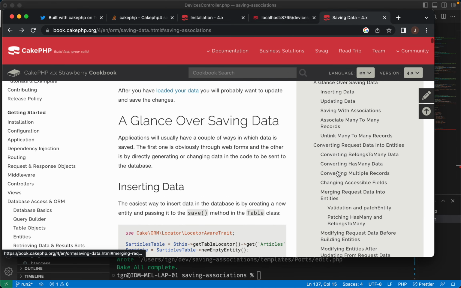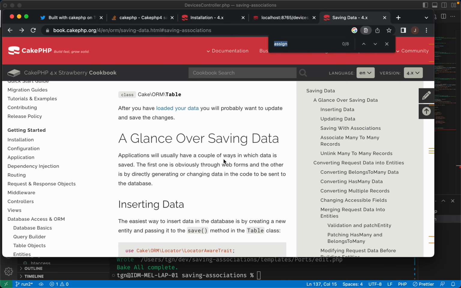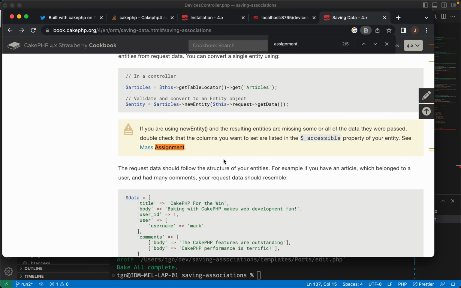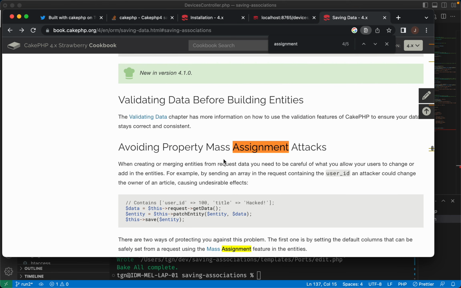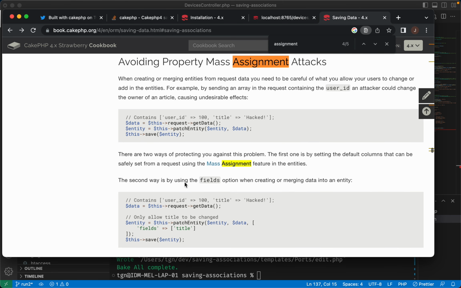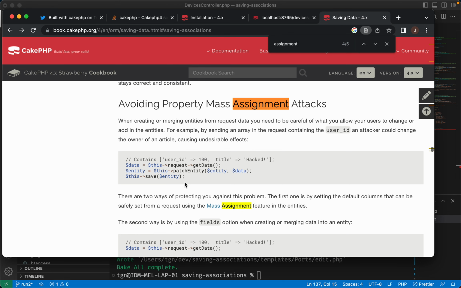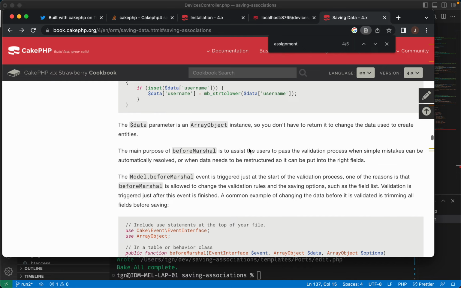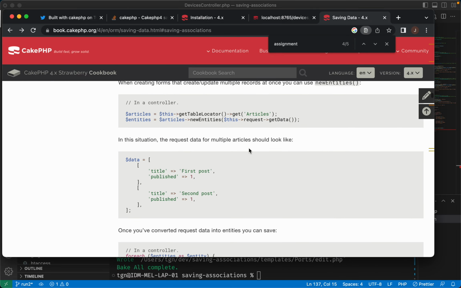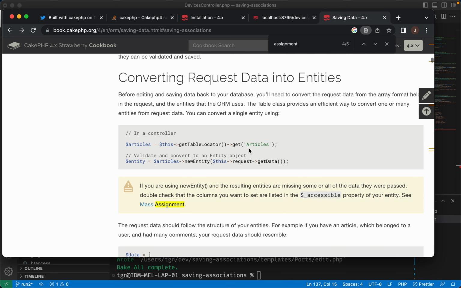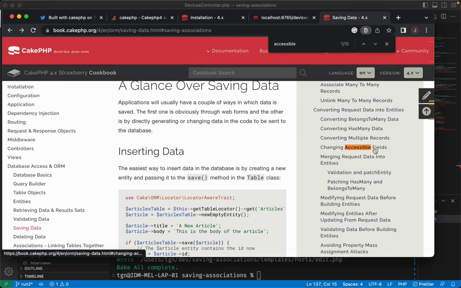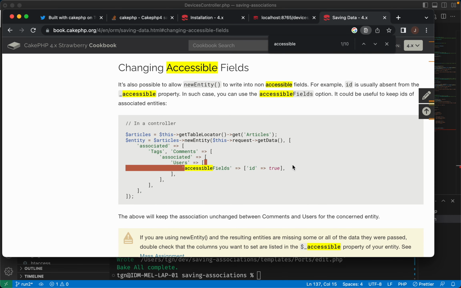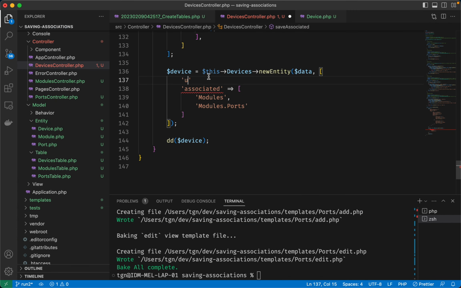We're looking for, probably someone knows what I'm searching for, but I've just forgotten temporarily. Let's go accessible. There we go. This is what we want, accessible fields. So I just forgot for a minute. So we go accessible fields,